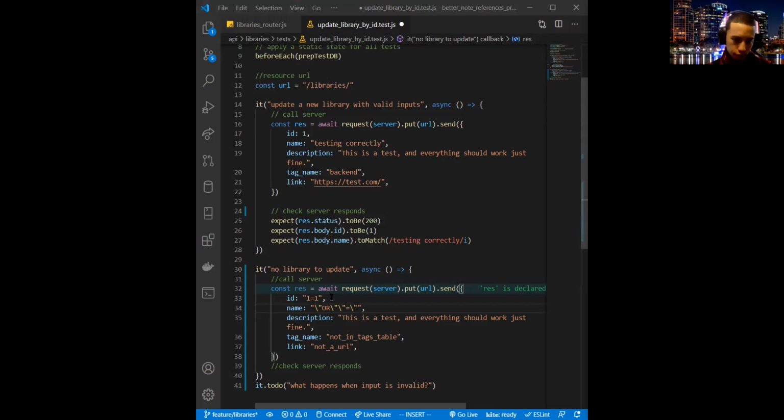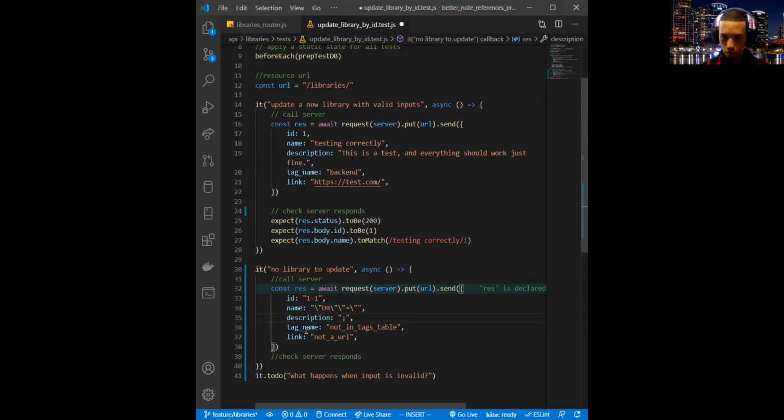I'll put it just in case. So I'm gonna do this. Drop table.